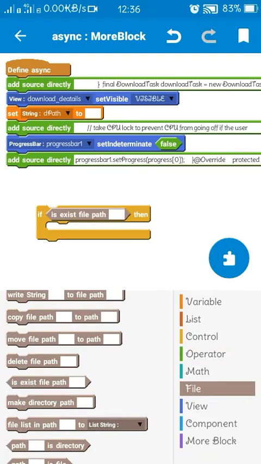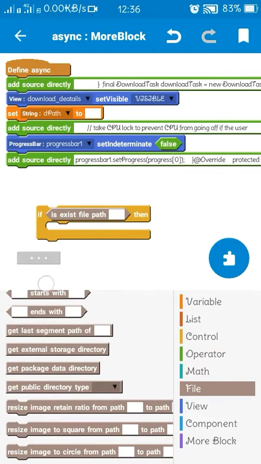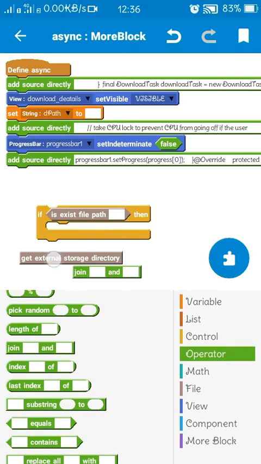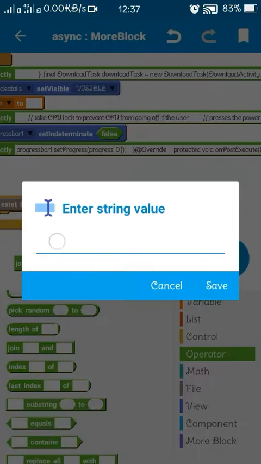Then we will check if our desired file path does exist or not. If it doesn't exist, we will create that path.